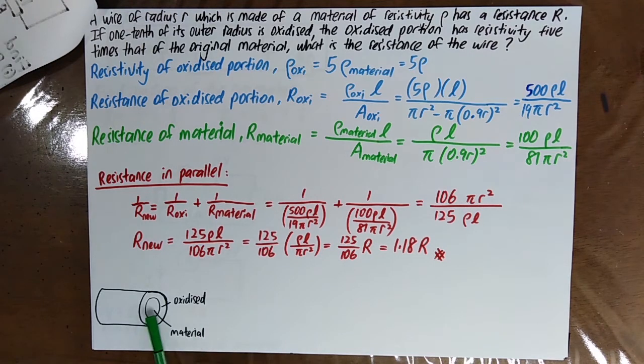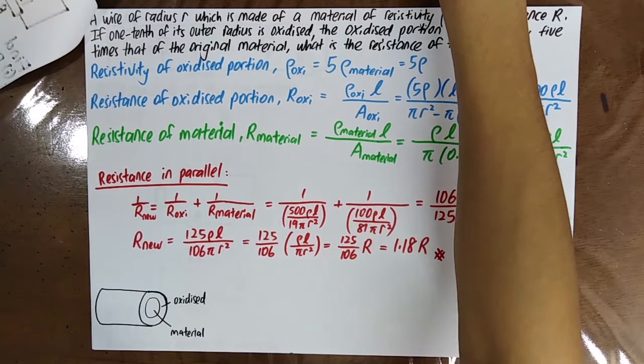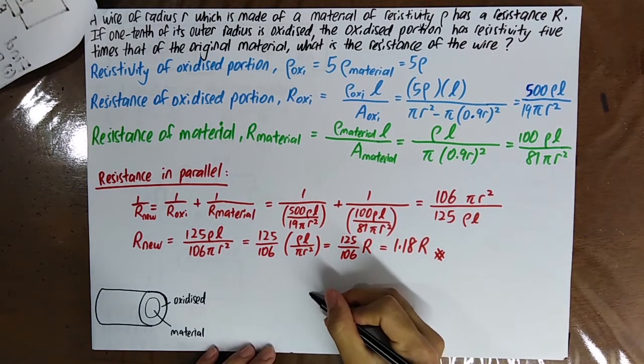And then you know that the two portions are connected in parallel. That means that if you are the current, you can choose to move through the material itself or to move through the oxidized portion itself. Okay, so you know that the resistances are connected in parallel only when